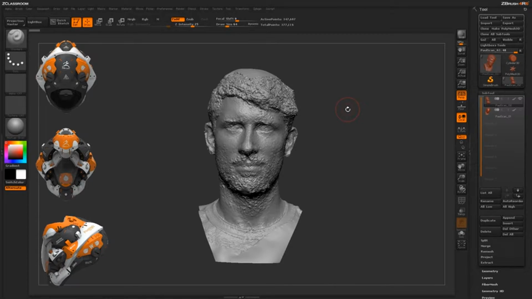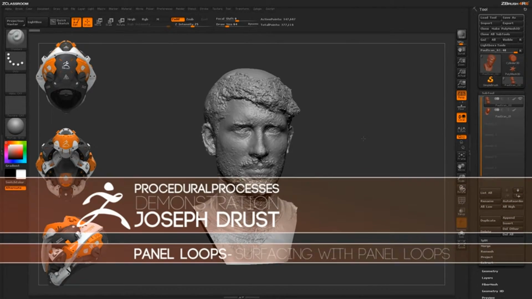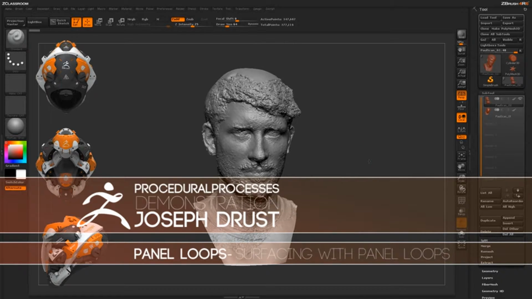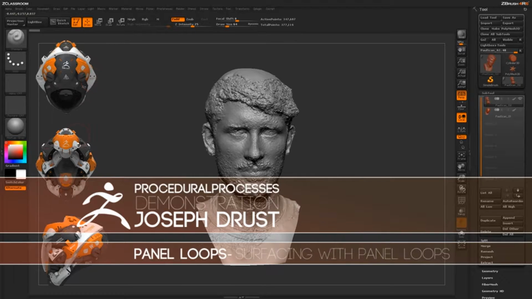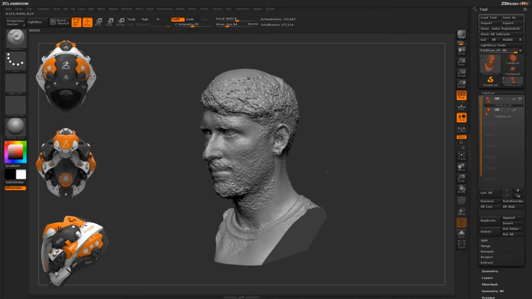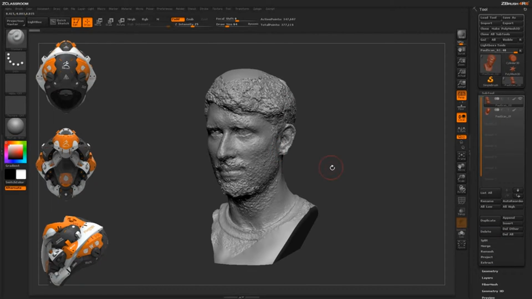So the next procedural process we're going to talk about is panel loops inside of ZBrush. Here I just have the scan data of Paul loaded in. You can also see I have the on-screen reference loaded through Spotlight. And then I've gone through and already pre-processed Paul's head and generated a base mesh out of the original scan